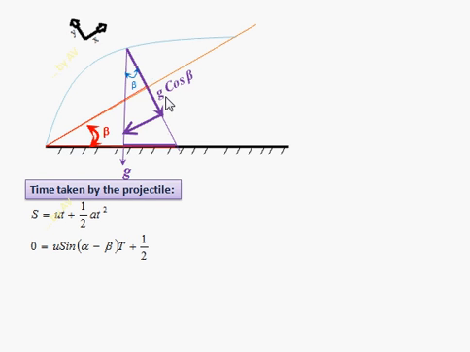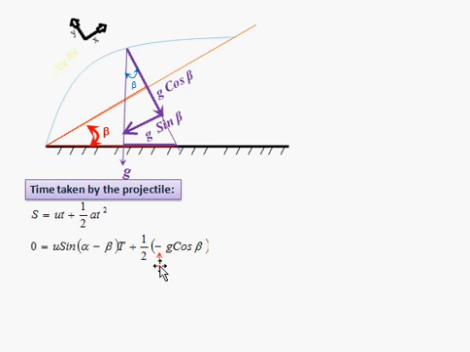Here cos beta, since this side is adjacent to the angle beta, and this side is opposite to the angle beta, hence I am utilizing sin beta. Now I am utilizing the cos beta here, that is, I am taking the vertical component because our particle's movement is represented with respect to the vertical direction.